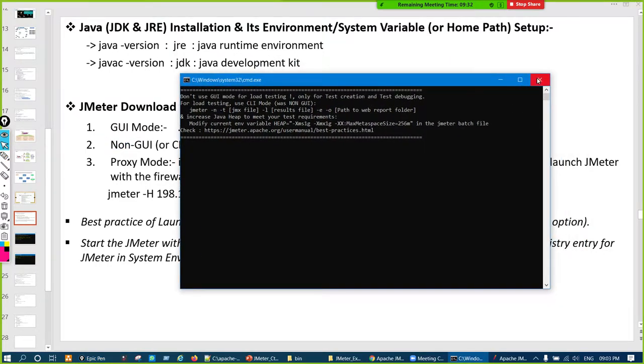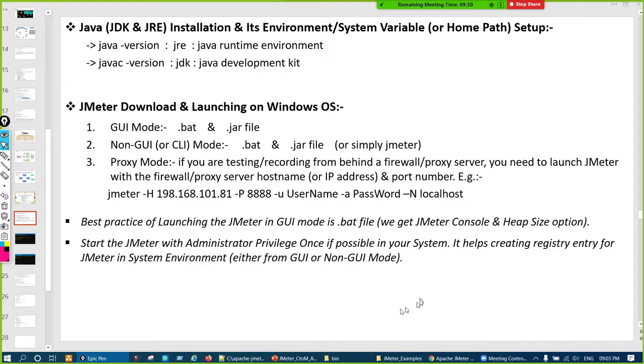Now we'll launch JMeter the second way. The first way is directly clicking on .bat or .jar, but basically .bat only. The second way is using non-GUI mode, or we call it CLI mode, command line interface.